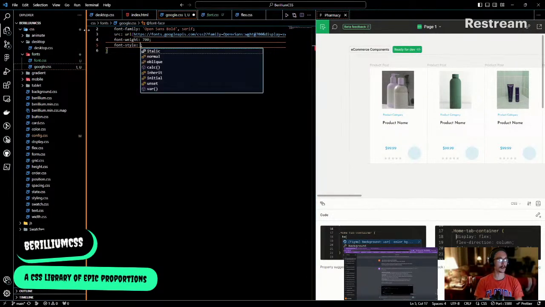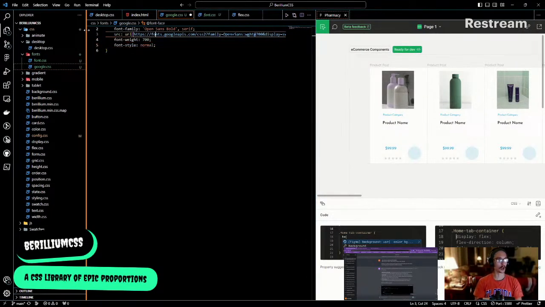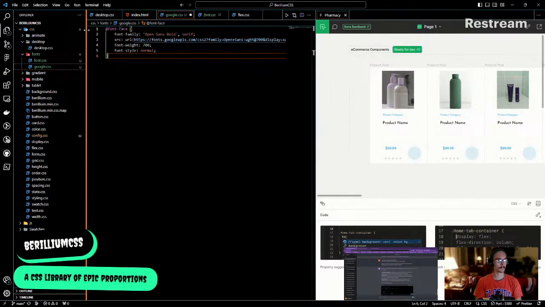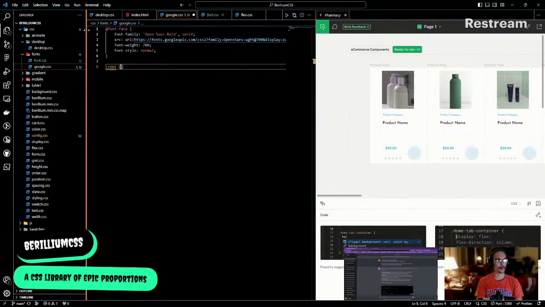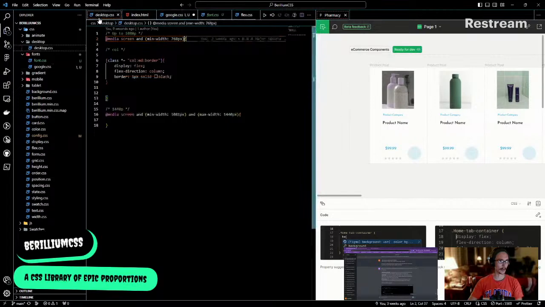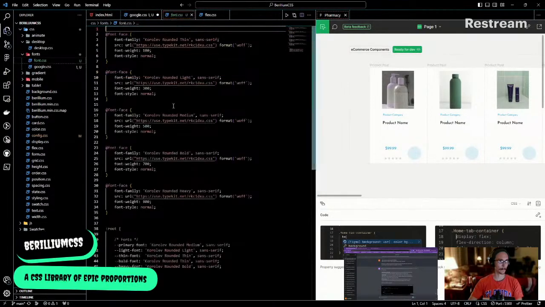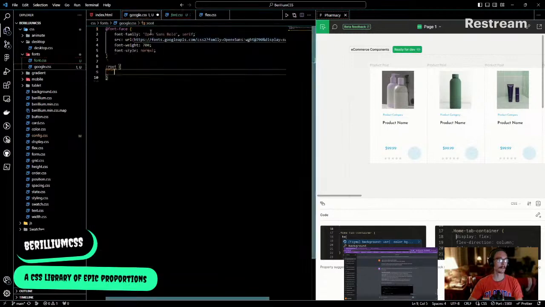Font style normal. And then we can do another root where we do, what? How do we do that? Primary font. So we just do open sans, right? Yeah. So we just do